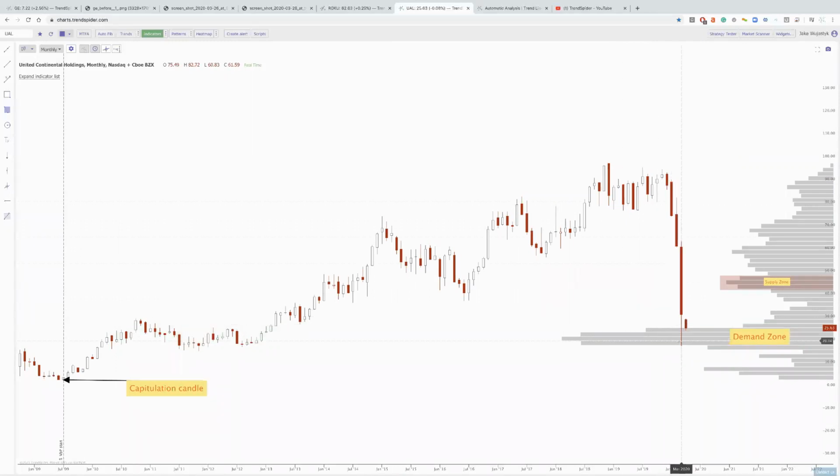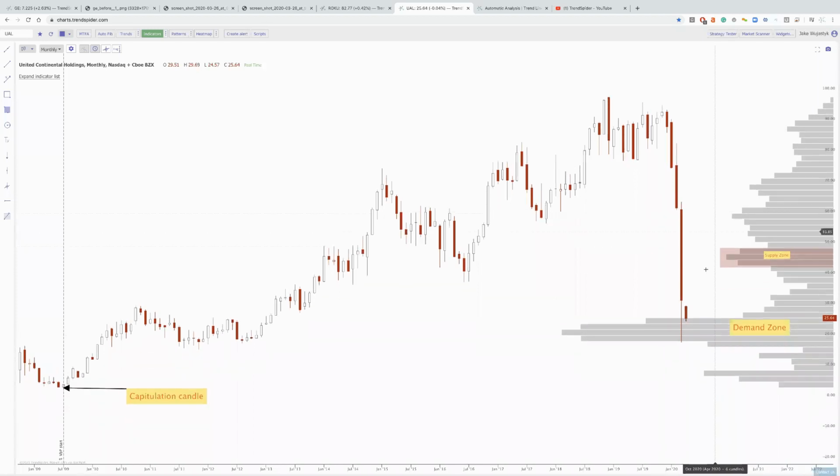But notice where the price catches a bid, right where originally all of these shares are distributed at 17 to 25. If you look at this wick, you'll see how perfectly the price respected this demand zone. And this is not by coincidence. This is simply economics playing out. When you get to a point where demand is outpacing supply, the price goes up. When supply is outpacing demand, the price goes down